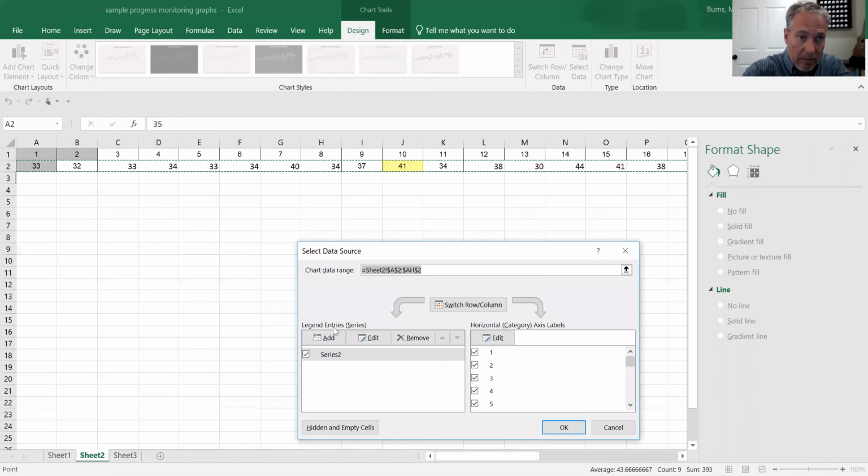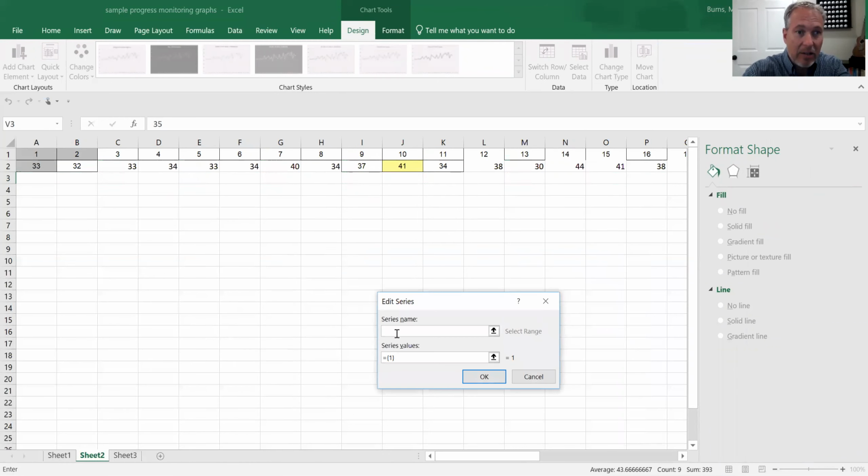Now it's going to ask what you want to do. You want to add a data series. I don't worry about naming it. I just want to put in the value. So put your cursor there. Okay, and when you put your cursor there,